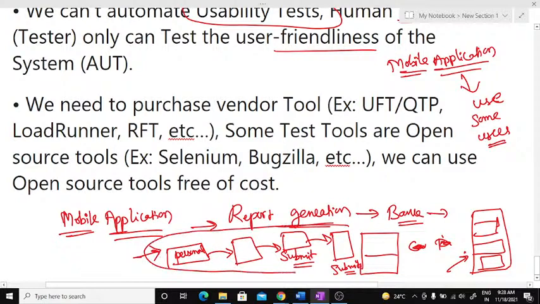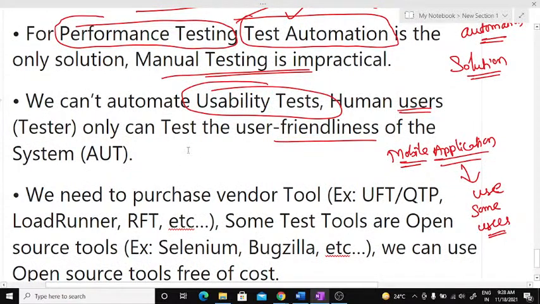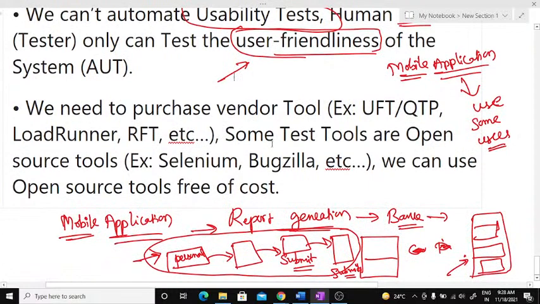So in competitions, you will lose points if your application is not user friendly. Even though it is working properly, if it is not user friendly, you may lose the chance of winning. So user friendliness or usability of a software application is very important,